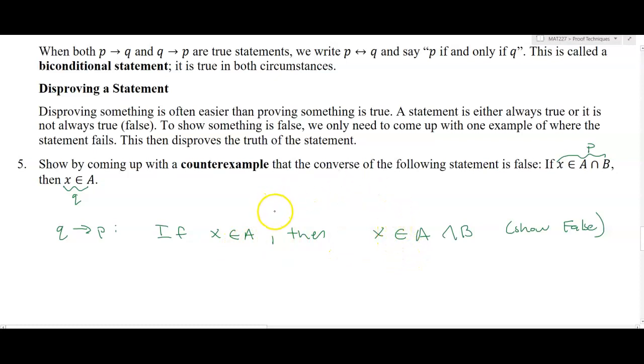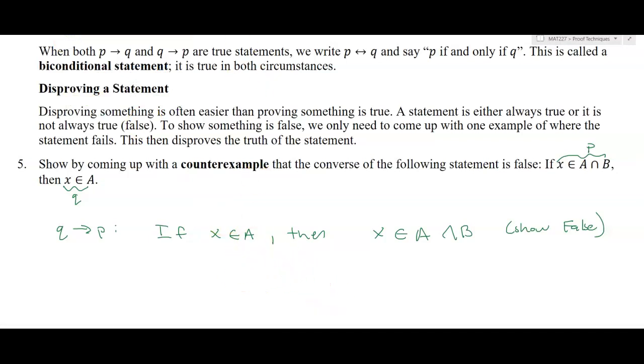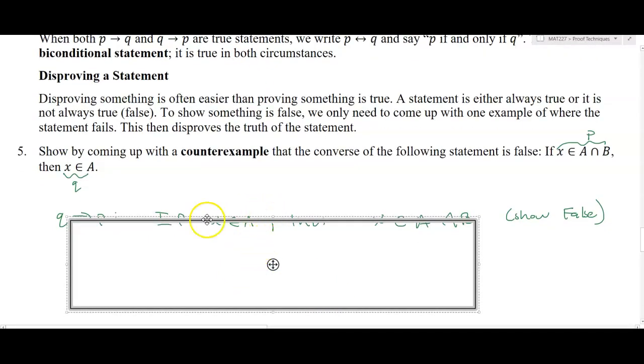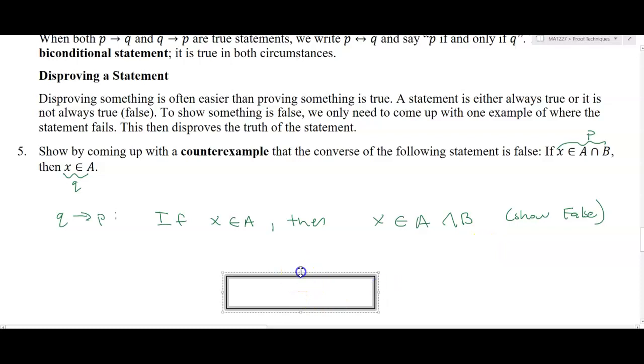So I'm going to try to think of an example. Well, first of all, I can just visualize this and start thinking about what would happen if I had two sets, A and B, in that universe. So I'm starting to think about this. What's going through my mind? Well, I know I have A and B, and there's going to be some intersection possibly here.